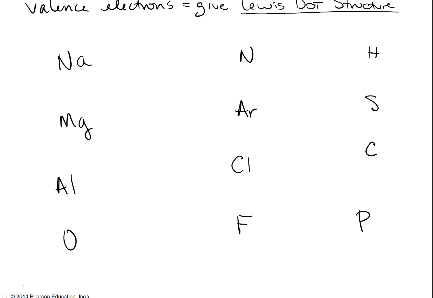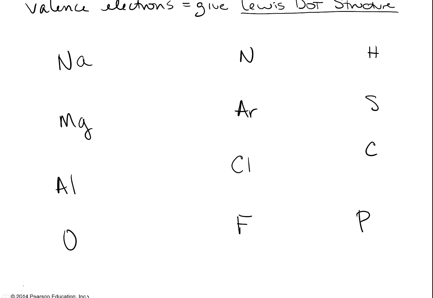Okay, so this is a review of chapter 3 and 4, just some of the major topics that we have covered, just to give you a little bit extra practice outside the classroom if you feel like you still need it. So first thing in chapter 3 we talked about, leading into bonding, is figuring out valence electrons. So do remember that the way to find the valence electrons is to look at the group number at the